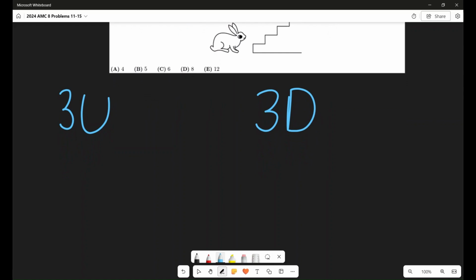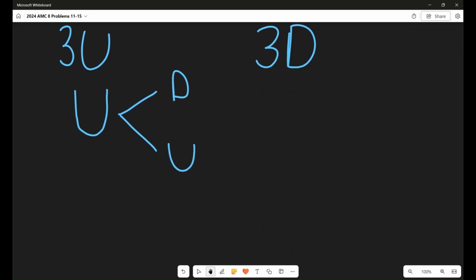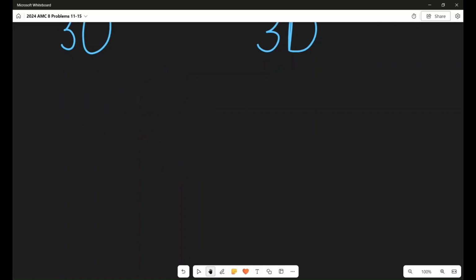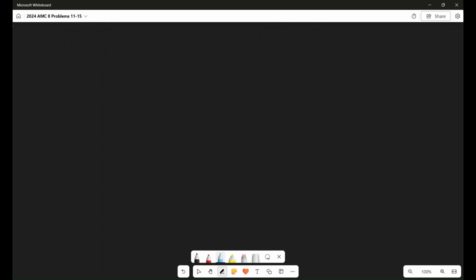So let's start thinking about how we can construct a string of U's and D's that give us a successful pattern for the bunny. So obviously we need to start with U because the bunny can't start by going down. And then after that, the bunny can go up again or it can go down again. Let me actually make this a little more neat. And we can go down instead of sideways. So you have to start by going up. And then you can go up